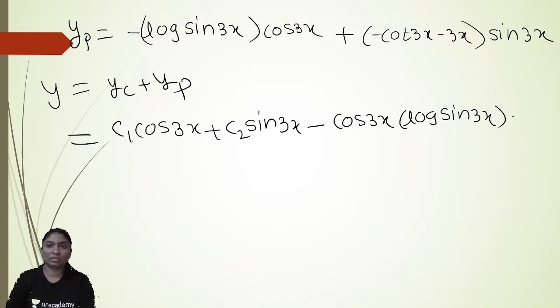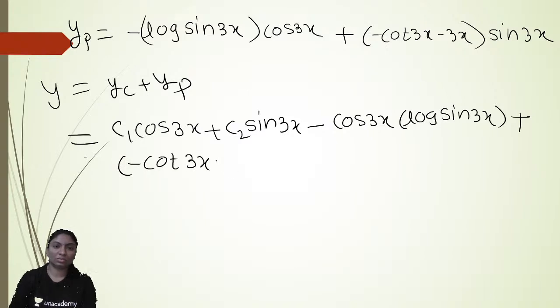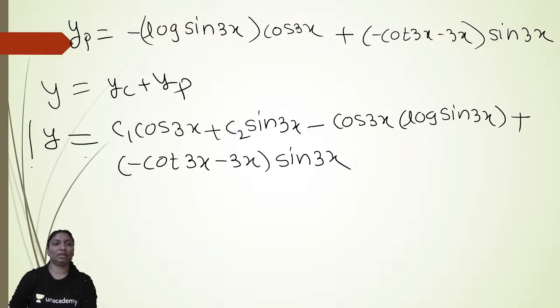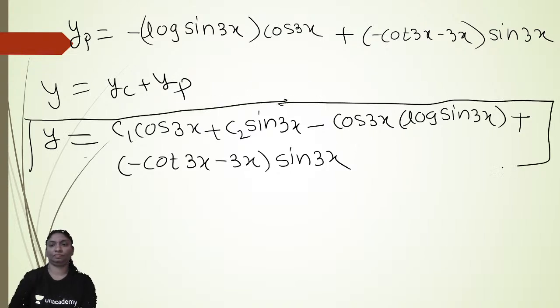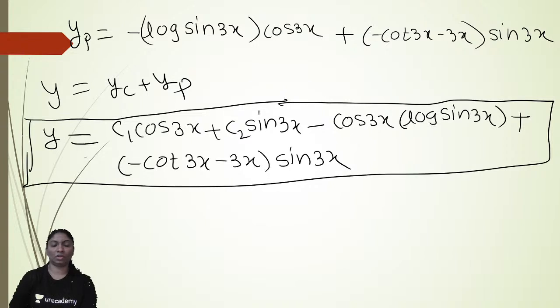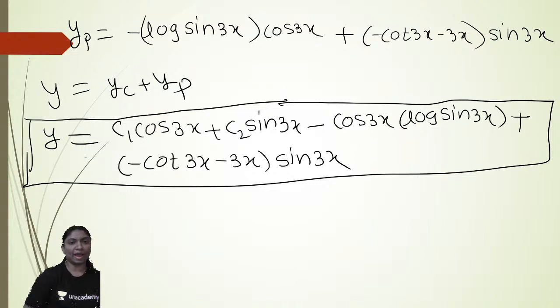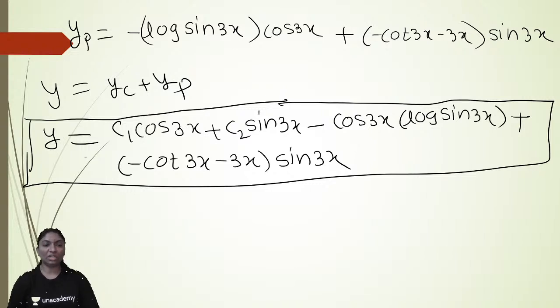Plus minus cot 3x minus 3x into sin 3x. This is our y, so this is our complete solution. This is our complete solution by using the method of variation of parameters if the order of the differential equation is 2. Now we will see one example